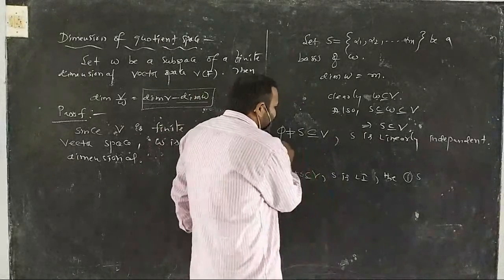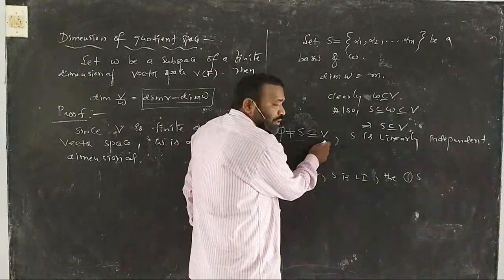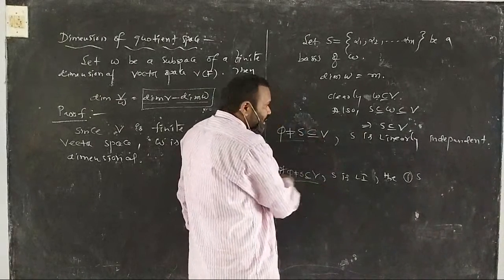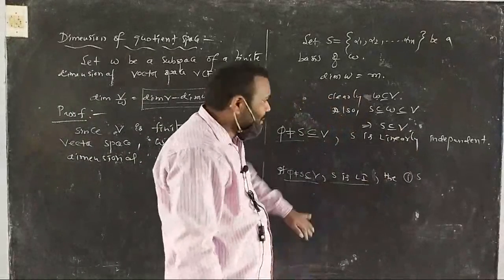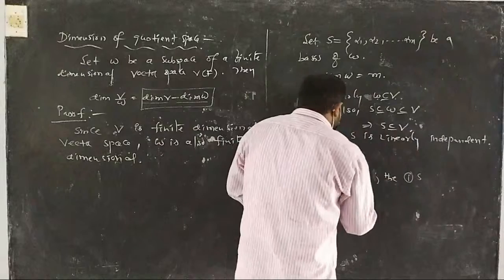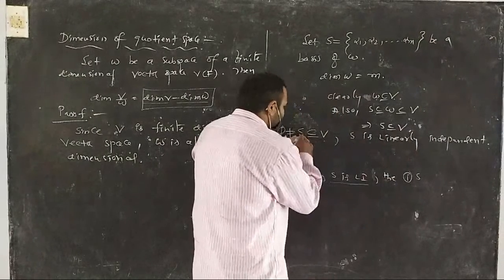Here S is non-empty and a subset of V, and S is linearly independent. So by the basis extension theorem, S is either a